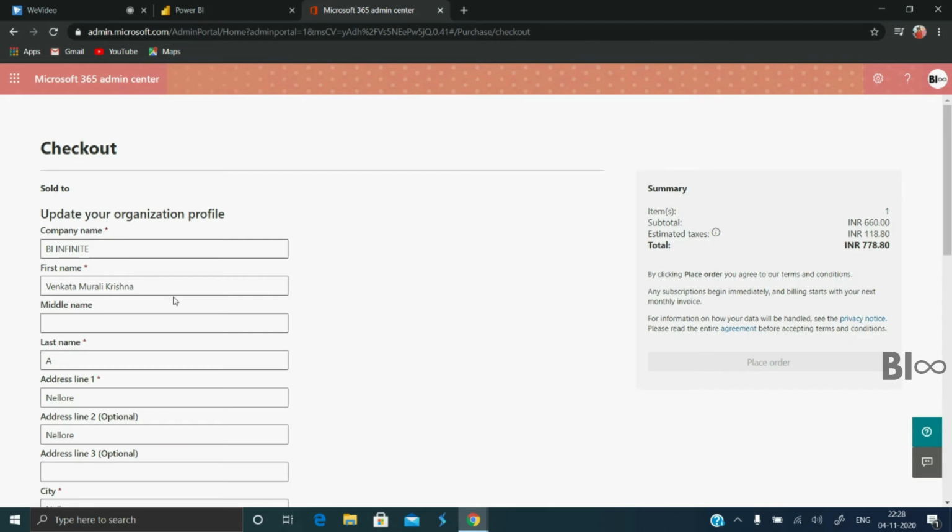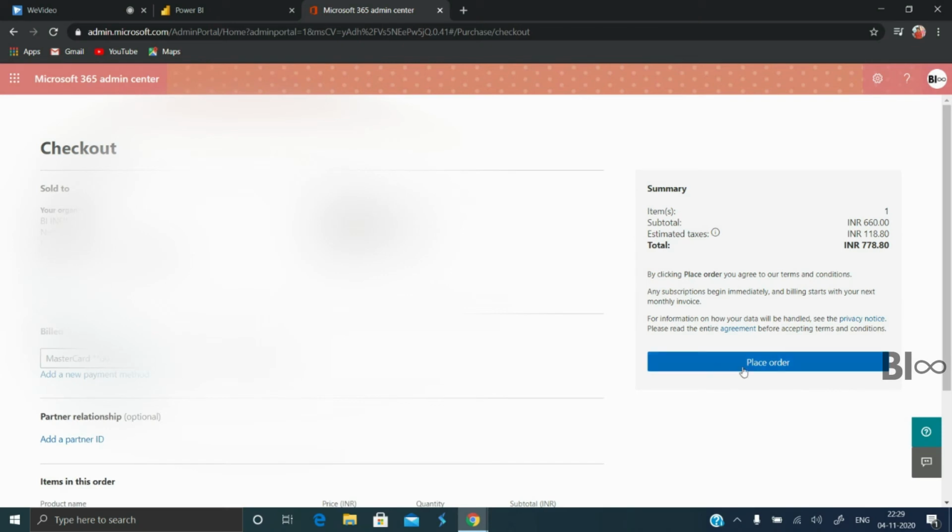Here is a form where we can see the billing details like my name, my address, mobile number and everything, because this will generate the invoice for this purchase. By default, I filled it in before. I should enable this place order. Maybe there are some missing fields here, so I'll fill those fields and I can place the order now. Just give me a moment. Now we can see I have place order enabled. So click on place order.